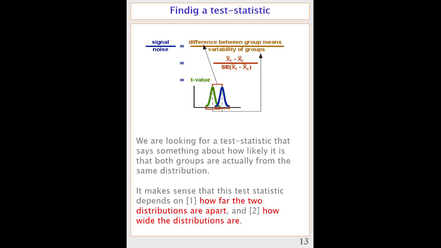If these are really, really small, so there is a really small peak, then even if these two peaks are relatively close, if these peaks themselves are really small, then there is likely to be a difference. On the other hand, if these humps are really wide, so there is a difference here and there, this is where the midpoints are, but both of these humps are so wide that they are stretching all the way to the right and all the way to the left, then also it's not easy to conclude that there is an